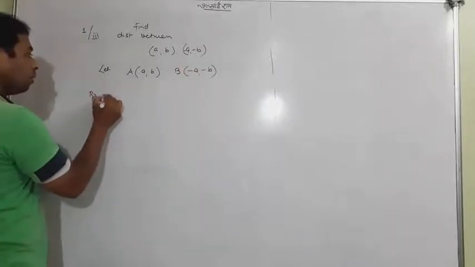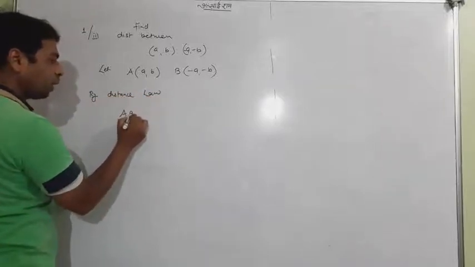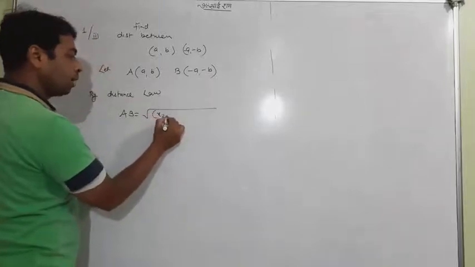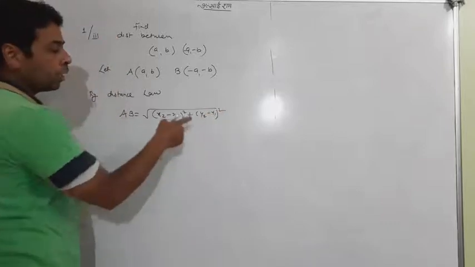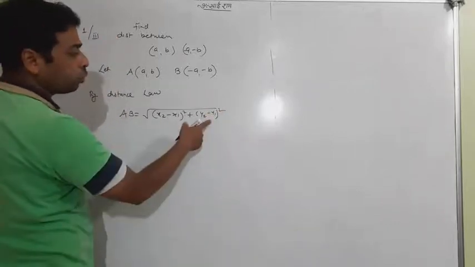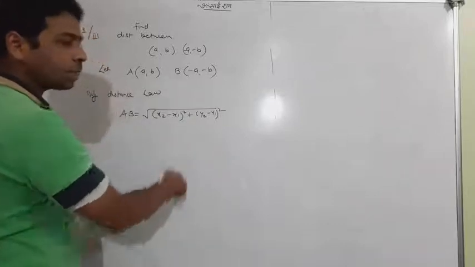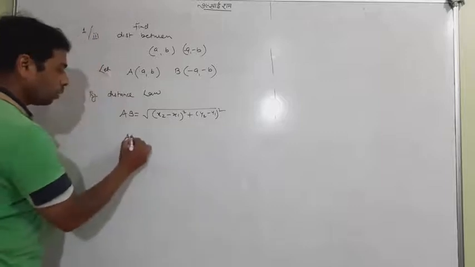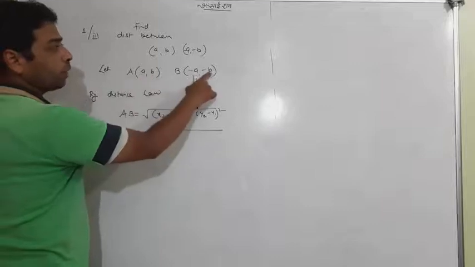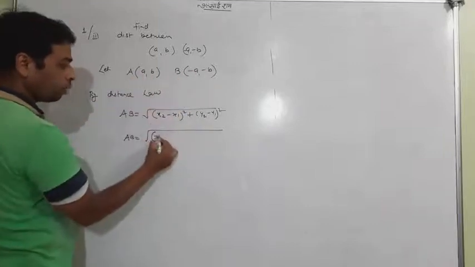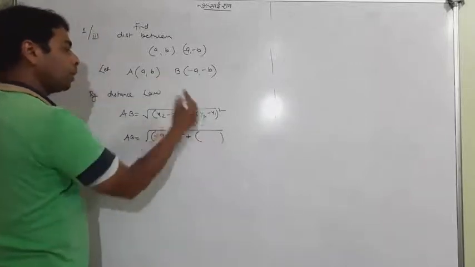By distance formula, you please write once the distance formula: x2 minus x1 square plus y2 minus y1 square. No matter what you're writing, in the earlier question I wrote this initially at this place. This time I'm writing this one. No matter at all, between them you have a plus sign, so we can convert that. Okay, so AB is equal to, now x2 and x1, what will it be? x1 y1, x2 y2. So x2 minus x1. So minus a minus a whole square plus minus b minus b whole square.